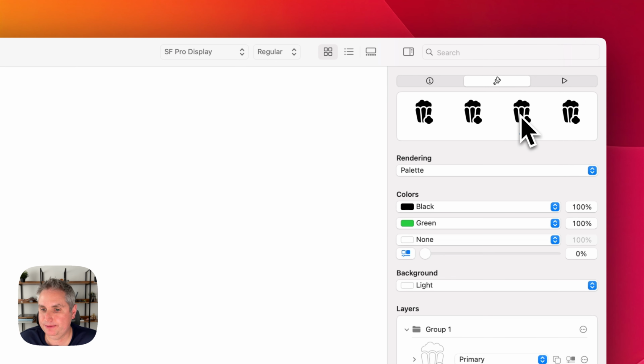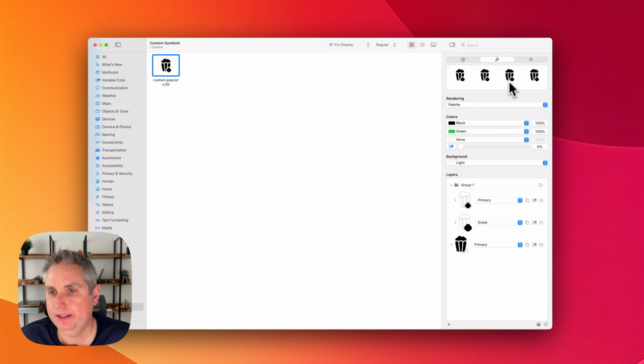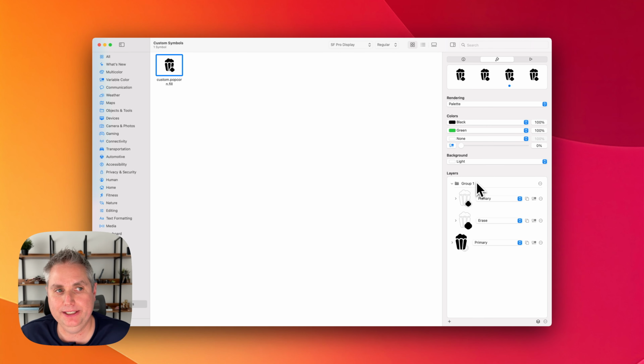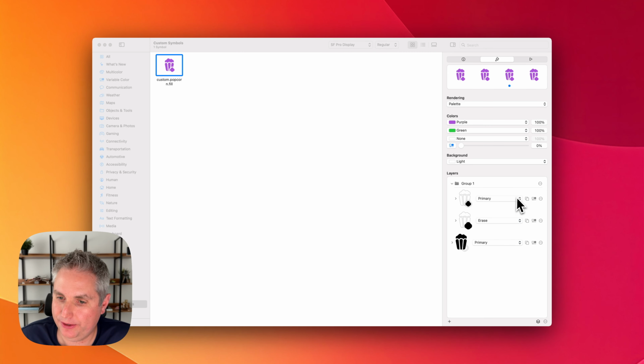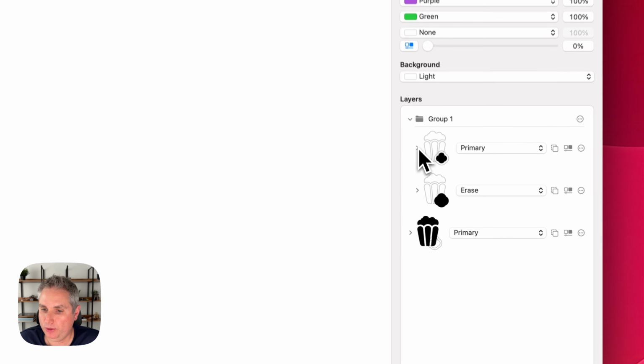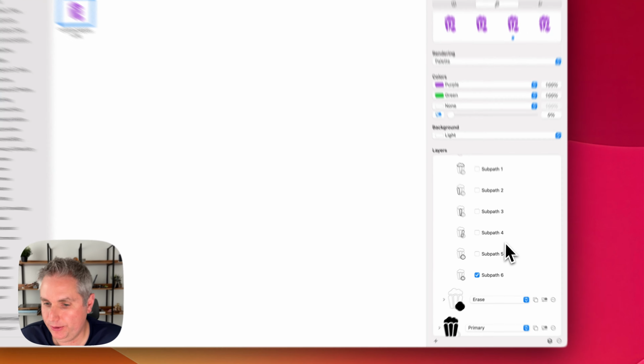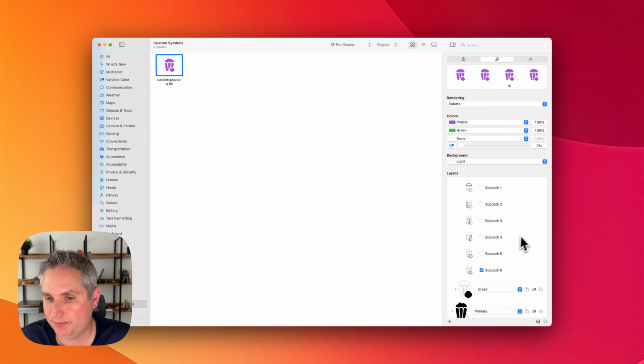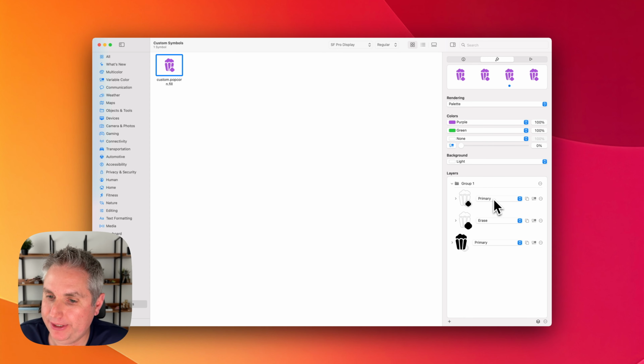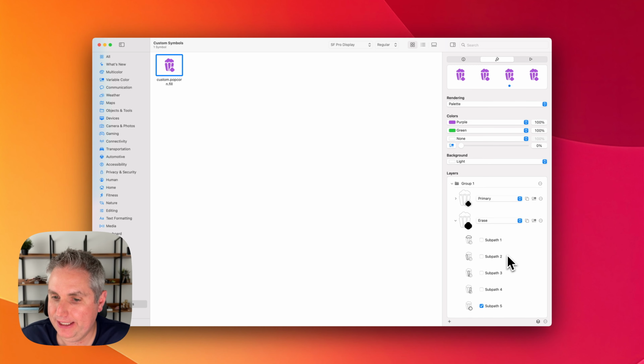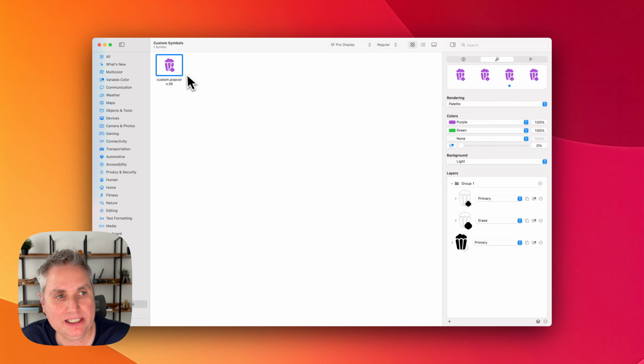If we select palette, our goal here is to change some of the colors in this icon. So I see each of these layers controls a different part of the symbol. When you open this one up, you see what is selected. The subpath selected is that piece of popcorn, and right now that has the primary color selected for it. The erase path is just erasing that space in between that piece of popcorn and the box. And then you have the rest of the symbol, so the popcorn up top and the three